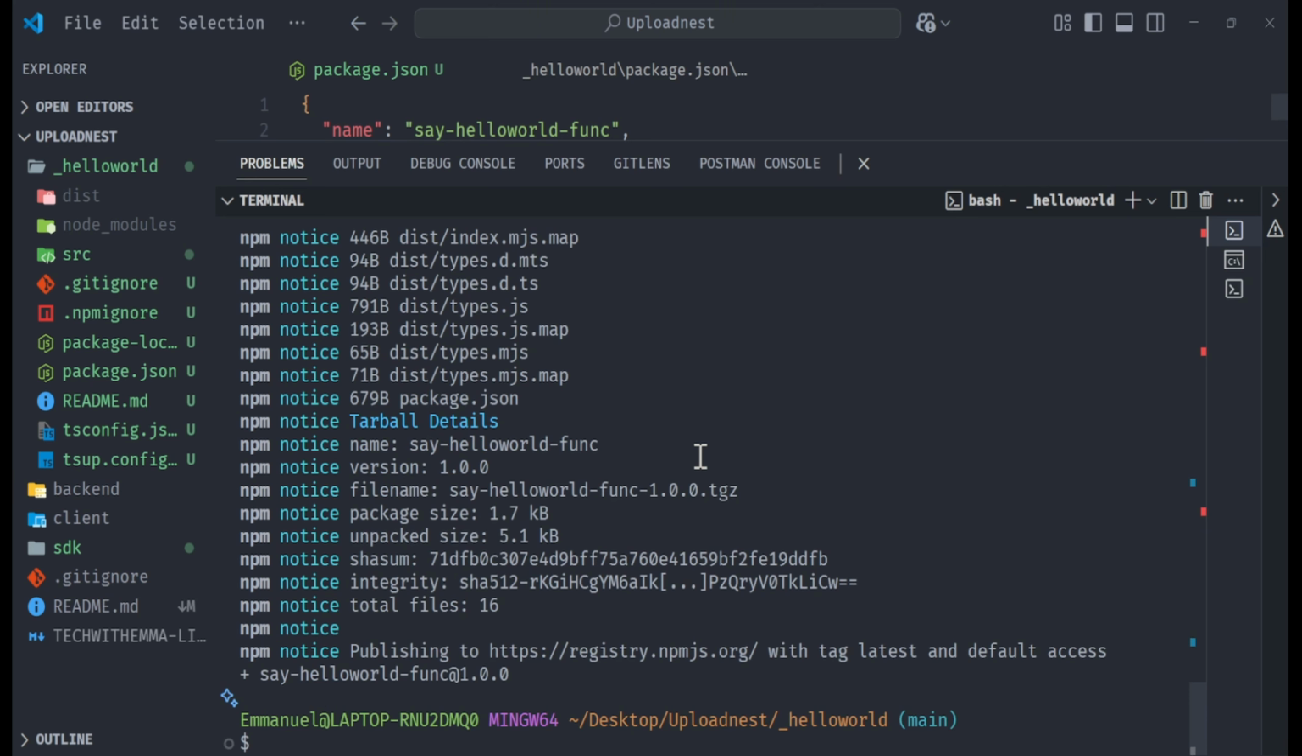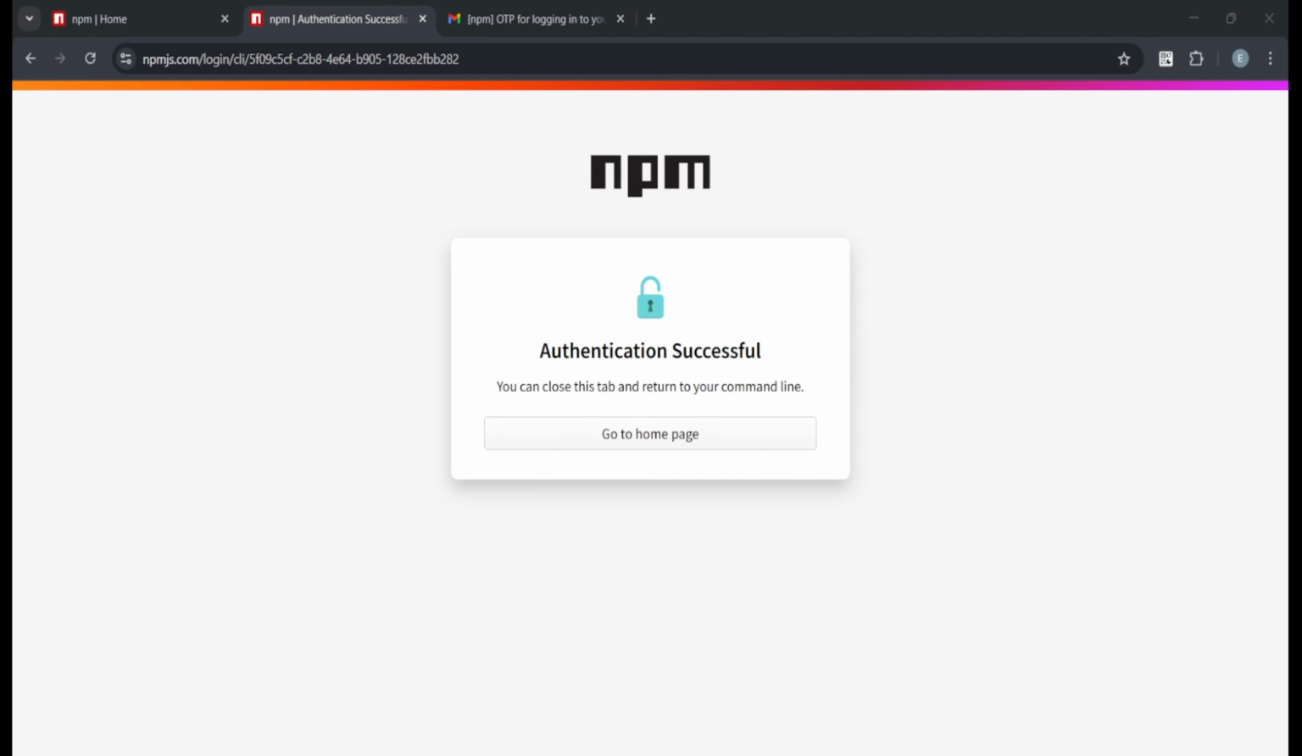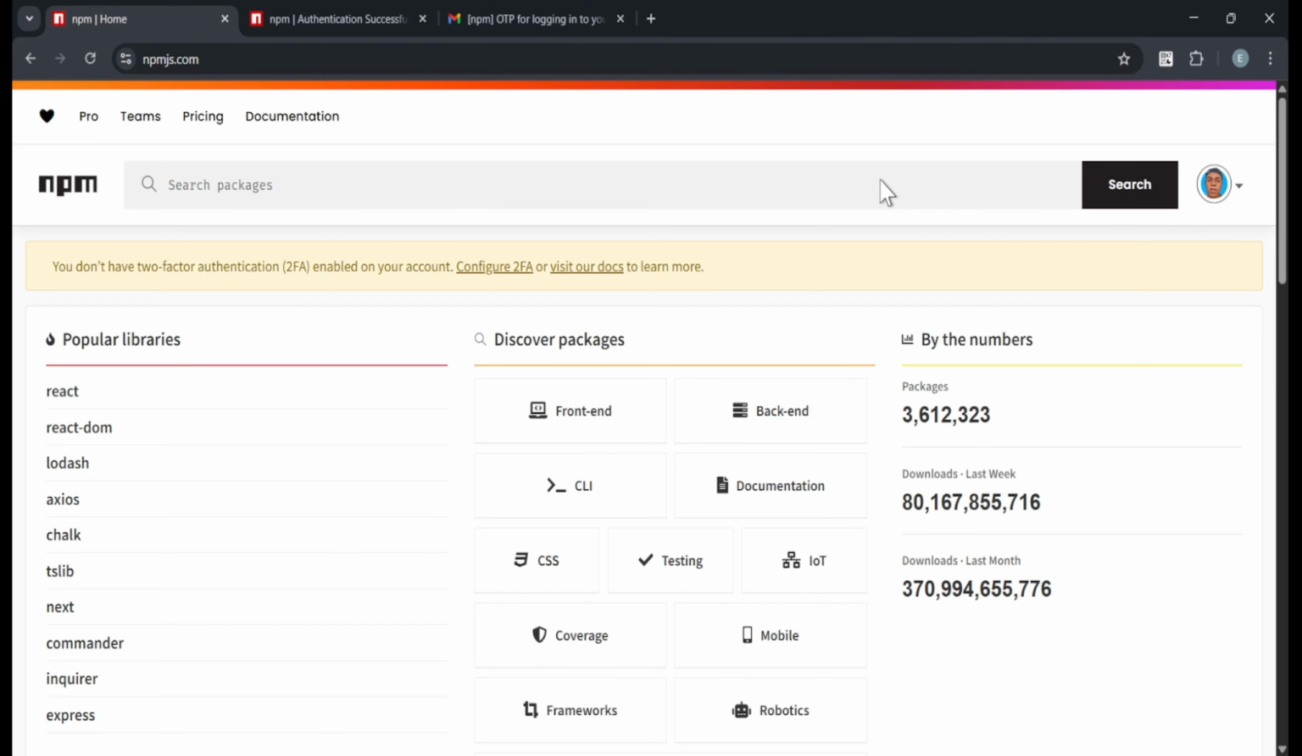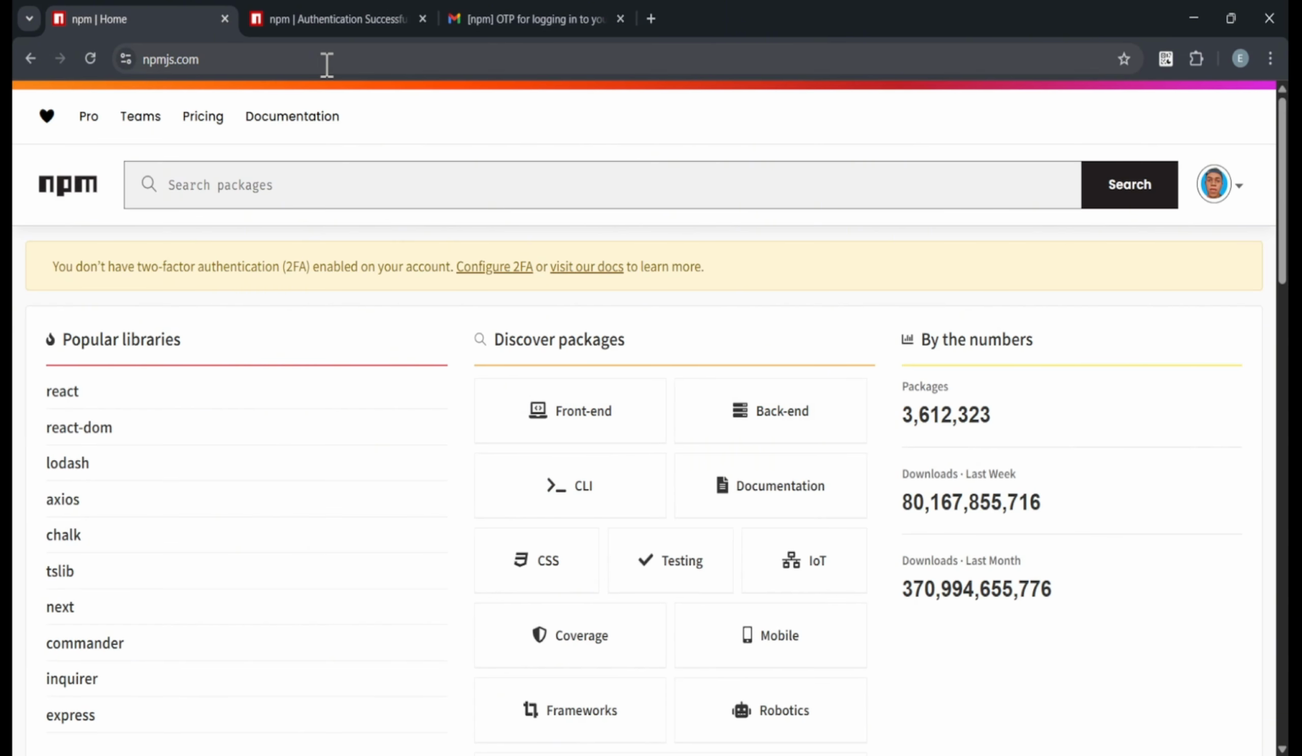So it works. So it was because of the name. So if I go back to npm, let me go back to my npm here and reload this, and let's search for, say,